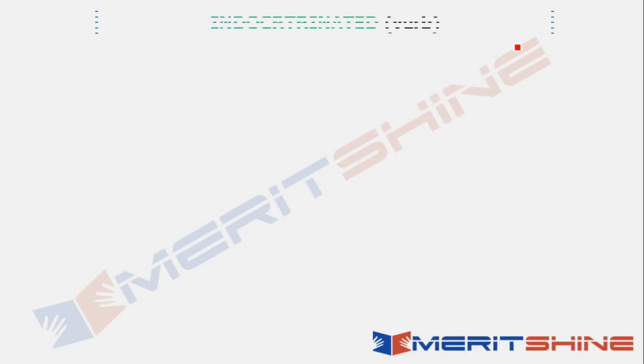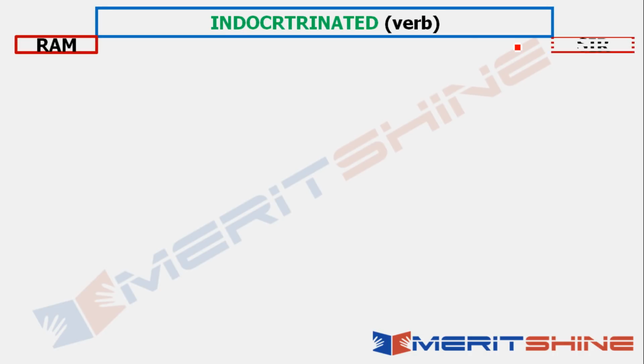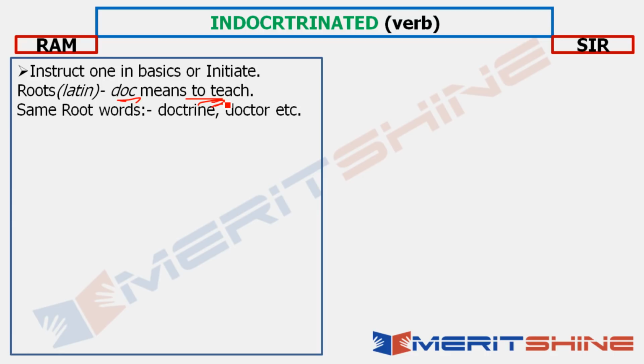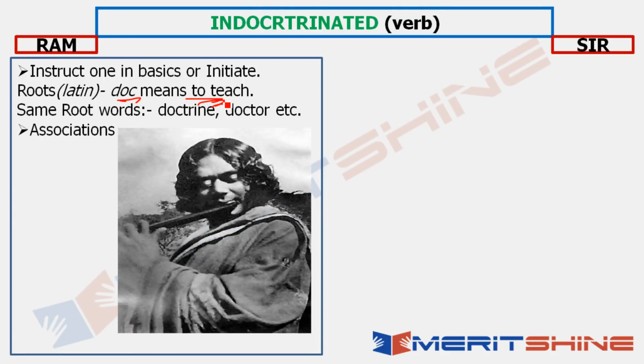The last hero of today would come with the word indoctrinated. Indoctrinated is someone who instructs one in basics or initiates. The Latin root word is doc, meaning to teach. So, which author indoctrinated the youth of the country? Who other than the rebel poet Kazi Nazrul Islam? In his lifetime he was given the title Bidrohi Kavi, meaning rebel poet,